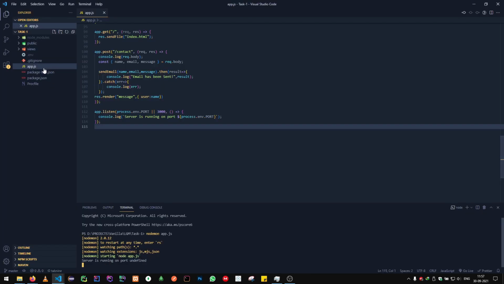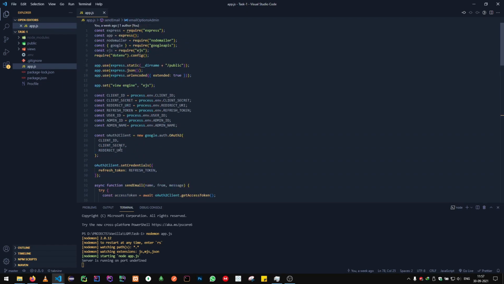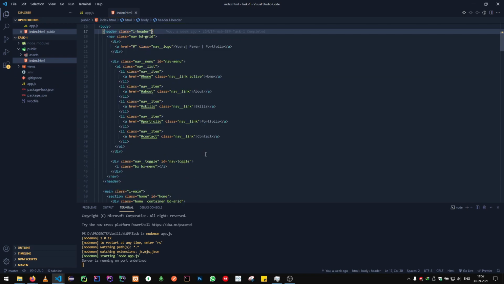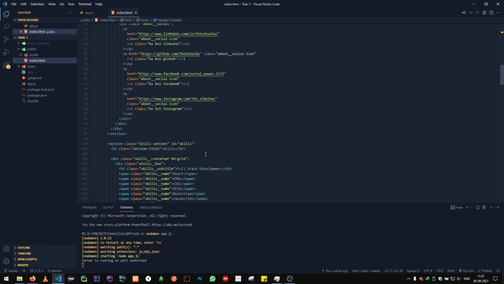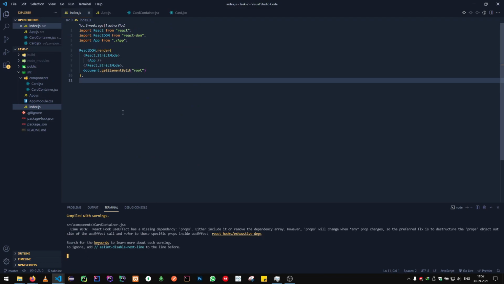So for the task 1, as you can see here, the backend is built using Node, and the emailing functionality on the task 1 works as well. As you can see here, this is the home page. Since it's a single page website, there is just a single file, and that's pretty much it about the first task. Now the second task was to display the user information fetched from an API using React.